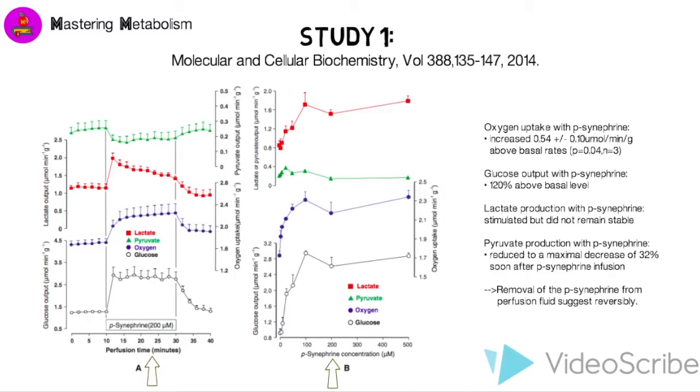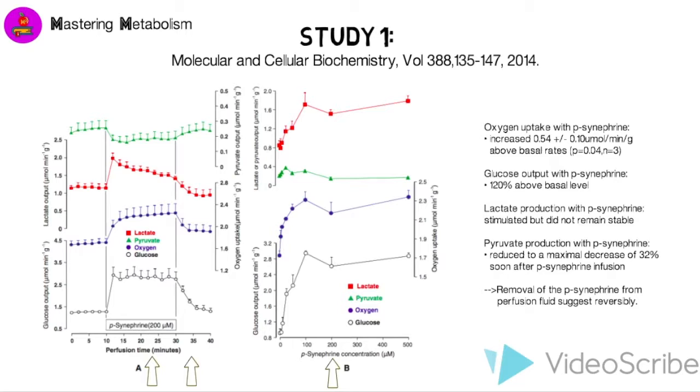This figure shows the changes in glycogen catabolism and oxygen uptake caused by P-Synephrine when 200 micromolar was added at 20 minutes. Glucose release, lactate production, pyruvate production, and oxygen consumption were all measured. All of these were stable before the infusion of P-Synephrine. With P-Synephrine in the system, oxygen uptake and glucose output increased and stayed increased for the entire infusion period. This increase was found to be 0.54 micromolar per minute per gram above basal rates and 120% above basal level,